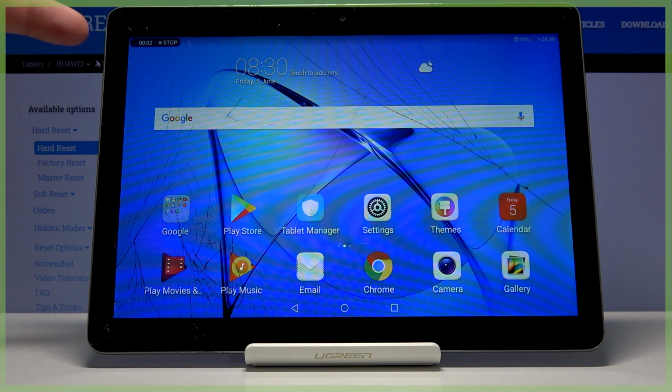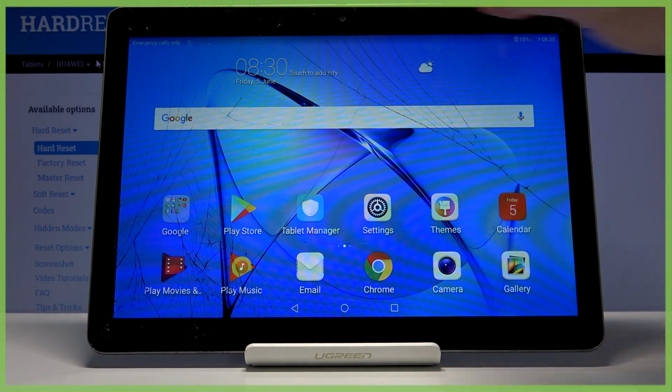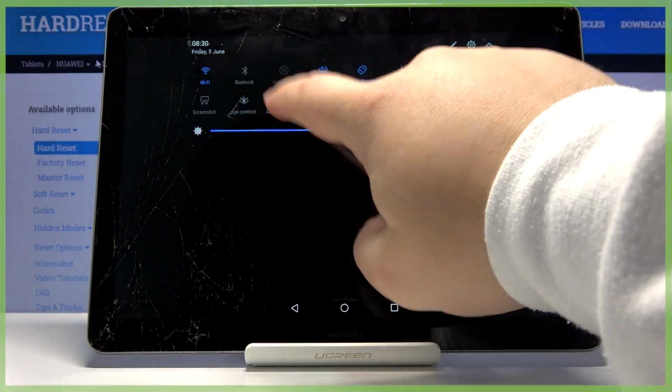As you can see right here, the recording started, and we can either stop it by tapping on stop right here, or we can stop it another way. We can stop it by